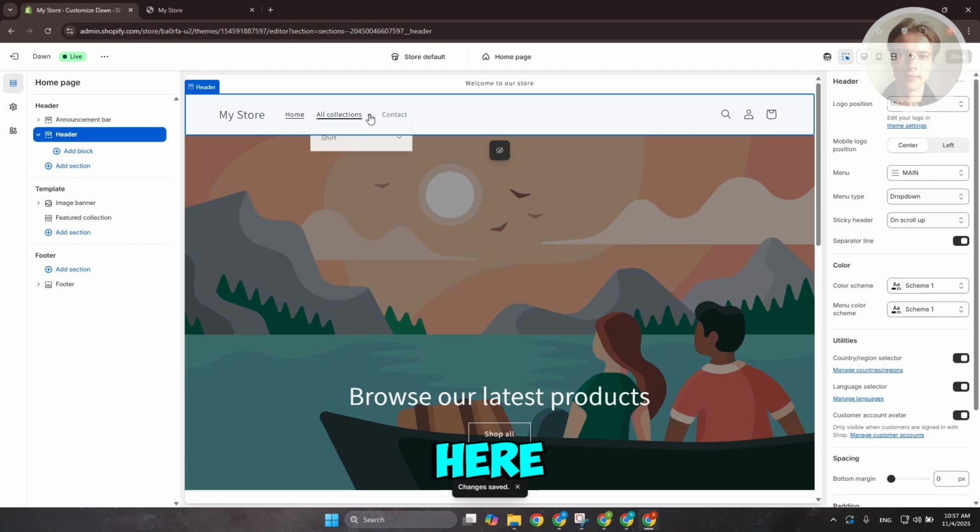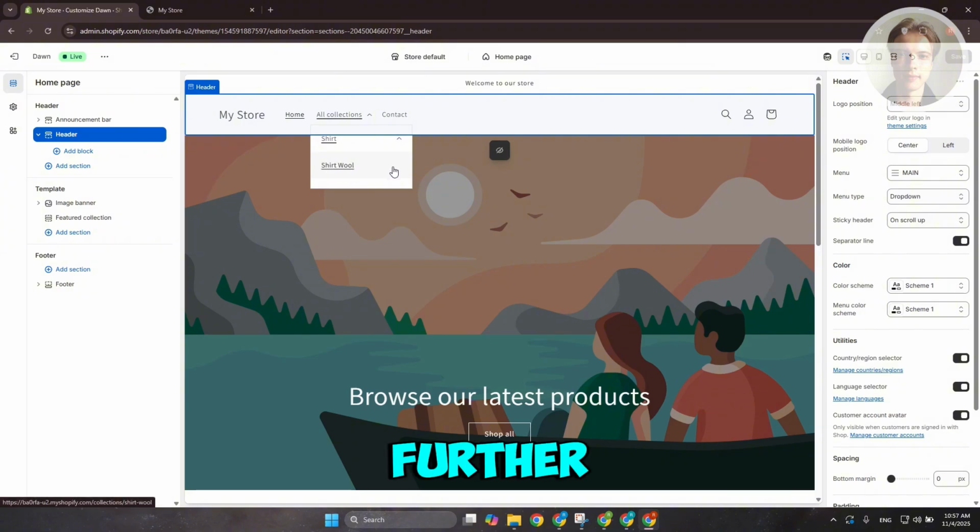Now from here, if you click on all collections, it's now going to collapse. You can click on the drop down button again and further basically collapse and show the other options we have. But yeah, so